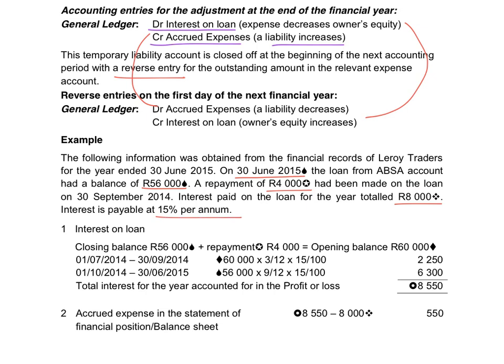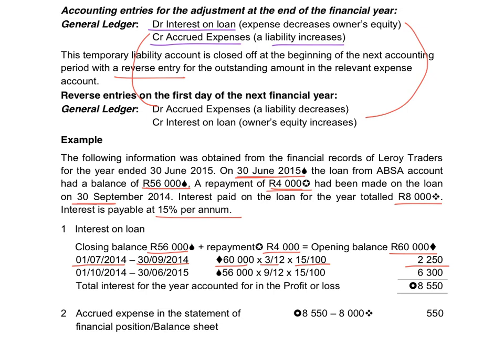Okay, first of all, we have to determine what was our opening balance because the closing balance on 30 June is 56,000. During the year, we made a payment of 4,000, so it means at the beginning of the year, we owed 60,000. The date that this repayment was made was on the 30th of September, so from 1 July 2014, the first day of the financial year, until 30 September, the day that the payment was made, the business owed 60,000 Rand for July, August, September, 3 months at 15%. So the interest for the first 3 months is